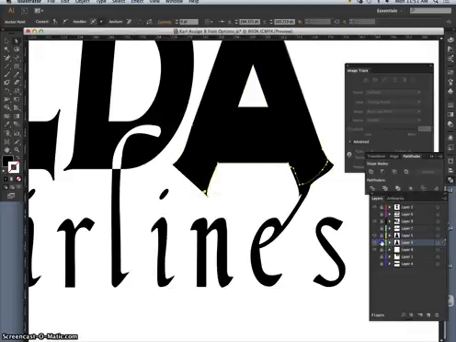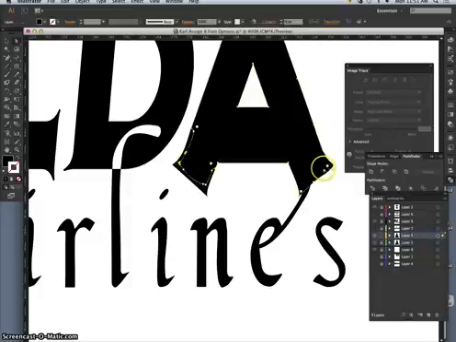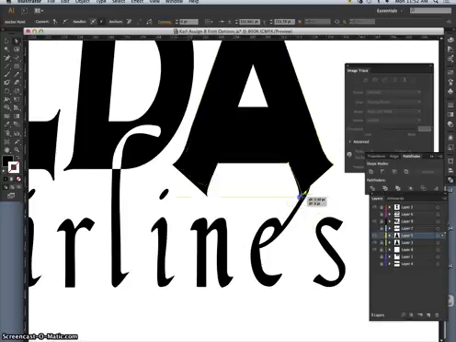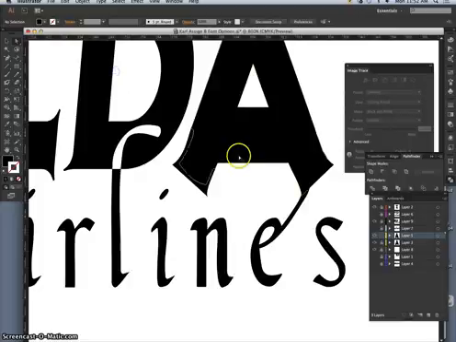So let me go to the other A. I want to delete this anchor entirely. And then straighten this out. Okay, now I want to move this one to line up with that E. Okay, now, and then I want to